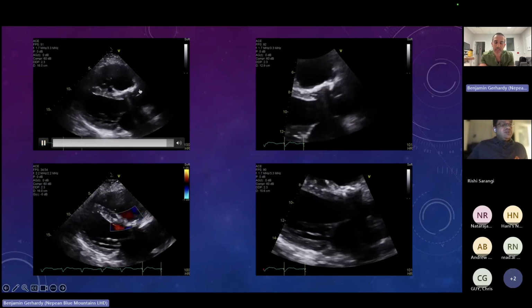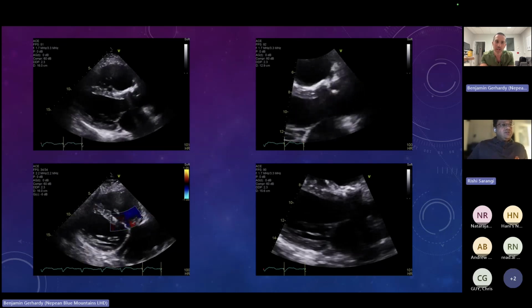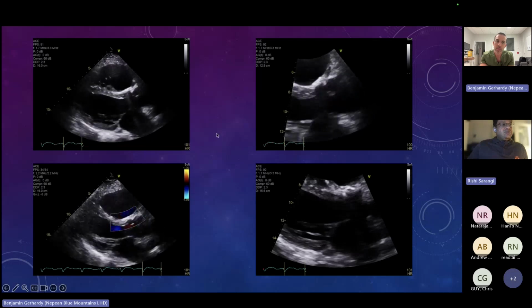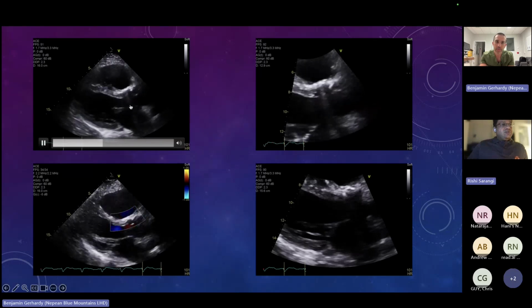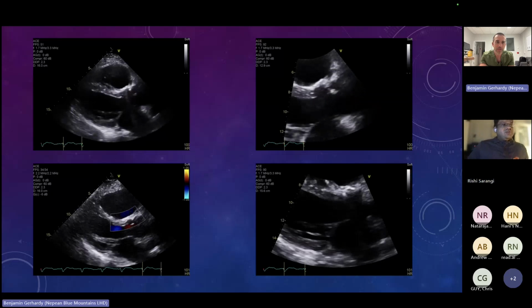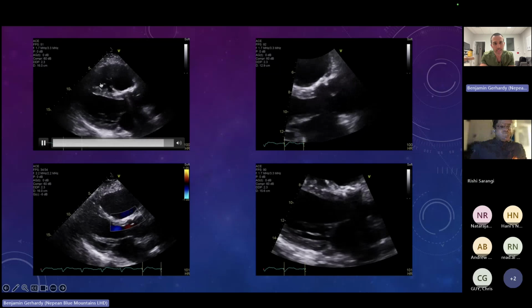Yeah, very nice. It's kind of subtle, and you can miss it if you haven't seen it before, right? You might go, oh, it's a bit bright, but it's very easy to miss. You've got a bit of ring down here as well, suggesting shadowing artifacts. Yeah, absolutely. And again, if you watch the cardiac cycles go through, you can almost see a bit of a funny